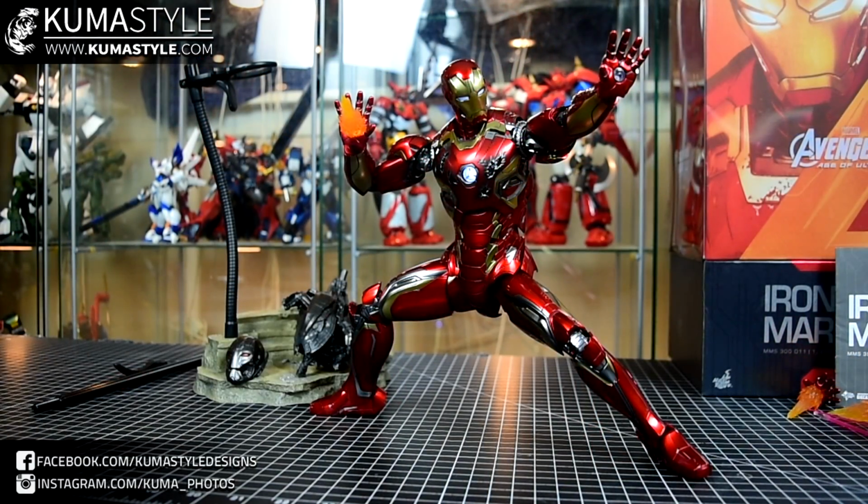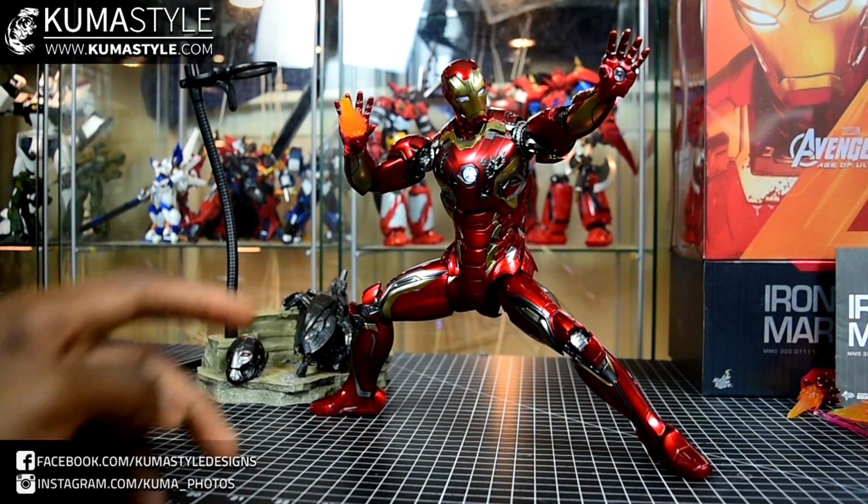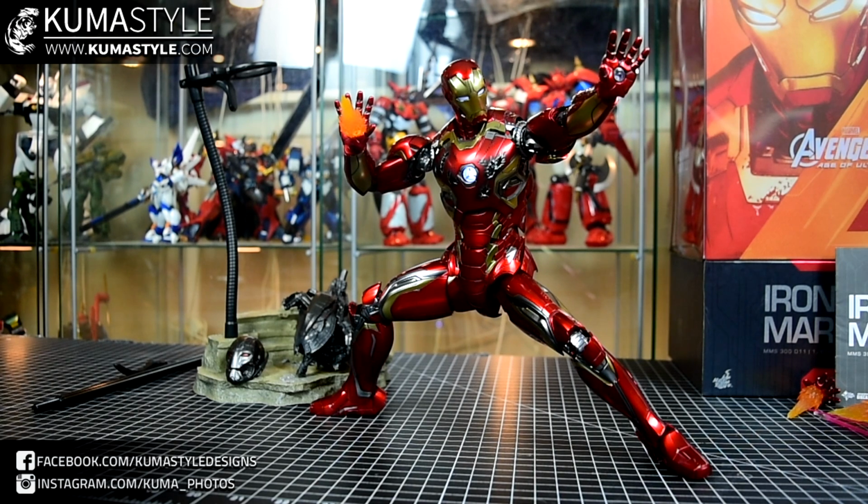Alright, and closing this out, we've got a repulsor blast pose using the battle damaged chest, just finishing off the rest of these accessories and things like that, so you guys can officially say you've seen them all here at Kuma Style on this review,